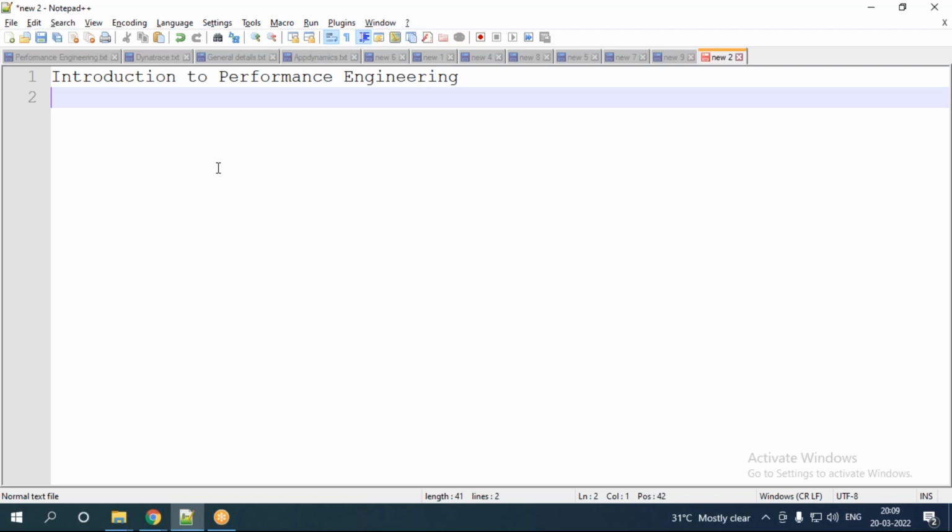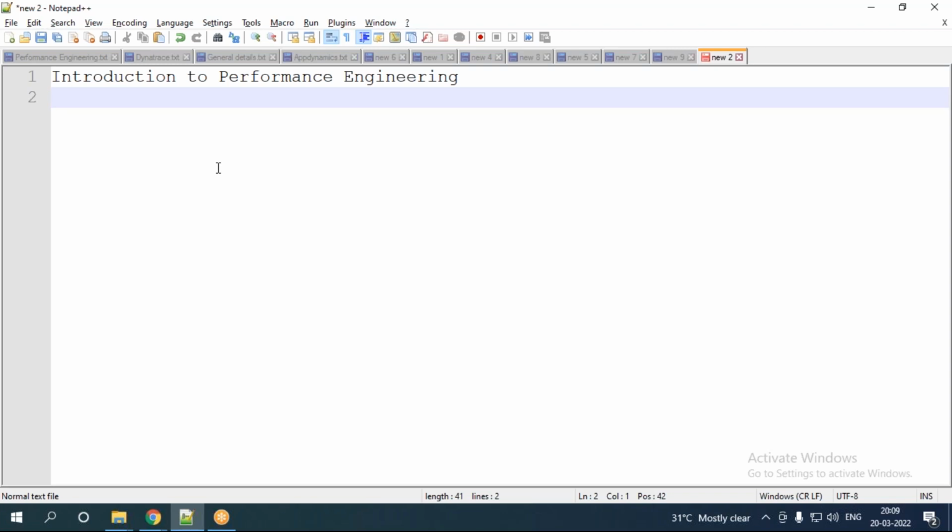Because we are working in an agile or DevOps model nowadays, your root cause analysis is supposed to be very quick. So you should have a detailed tooling strategy or process in place so that you can easily find your problem.